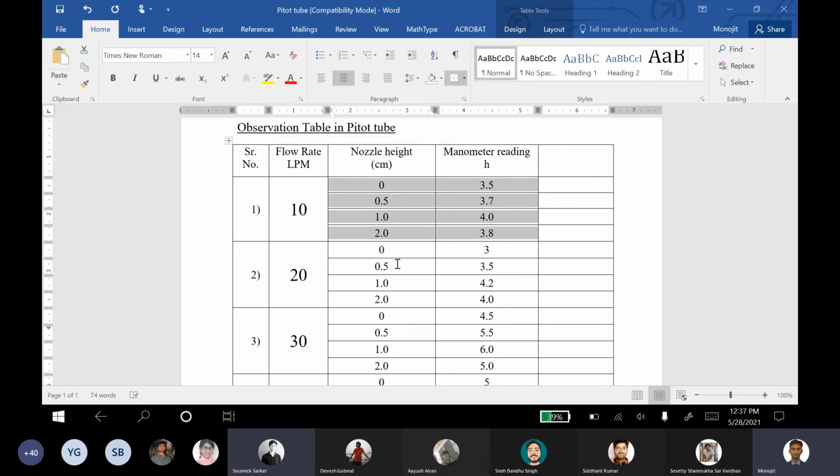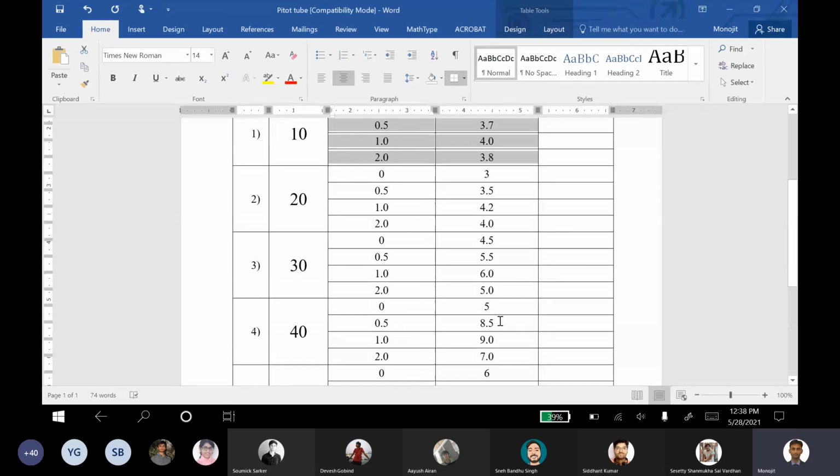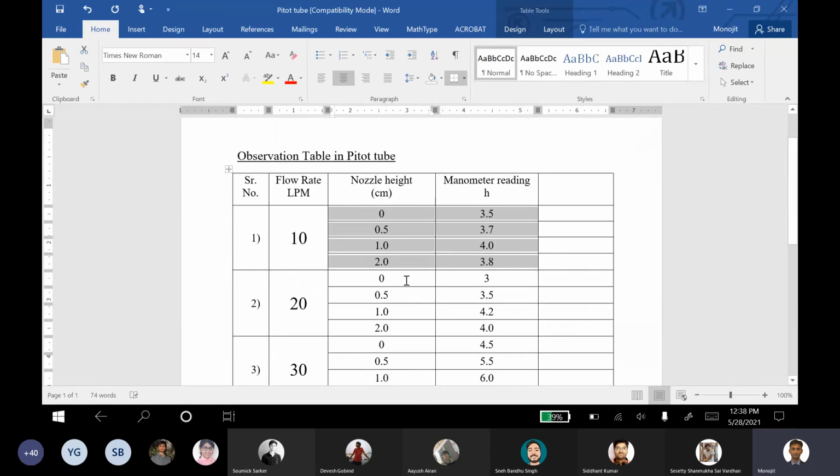of the tube. Yeah, I think that because the middle of the tube is marked as, I think when your position is somewhat around 1. So that is where you are getting the maximum manometer reading, 4.0. And that is same for all cases. When you increase the velocity flow rate, this is 4.2, this is 6. So you figure out based on this nozzle height.